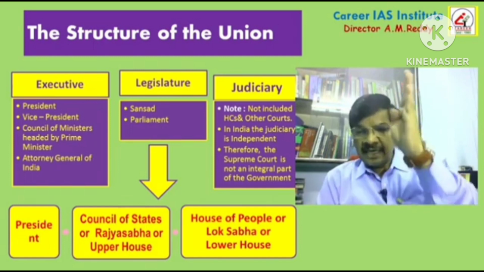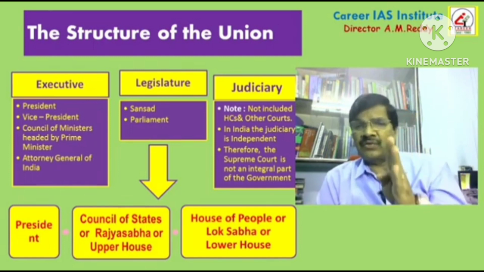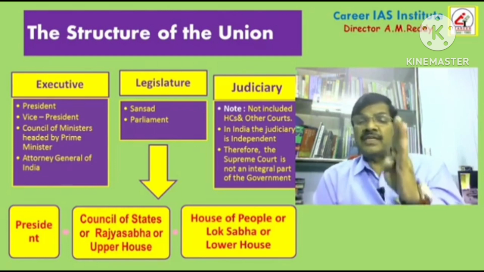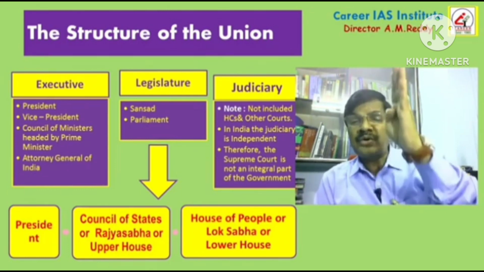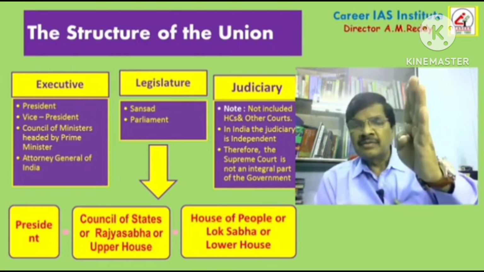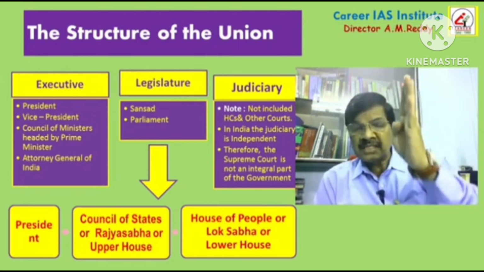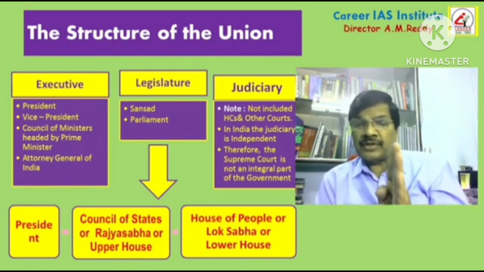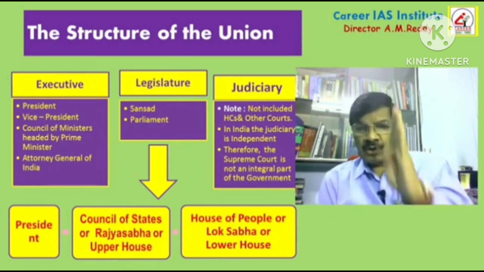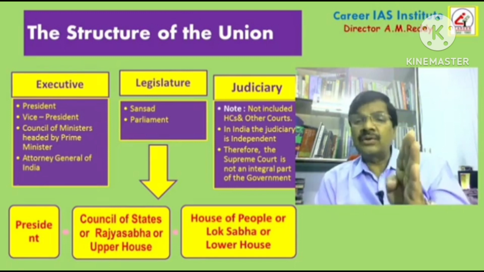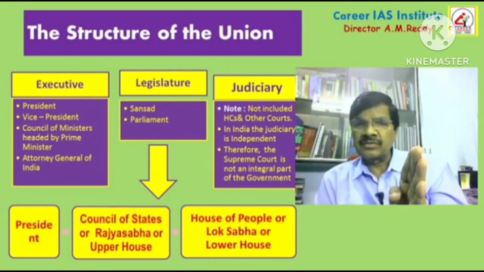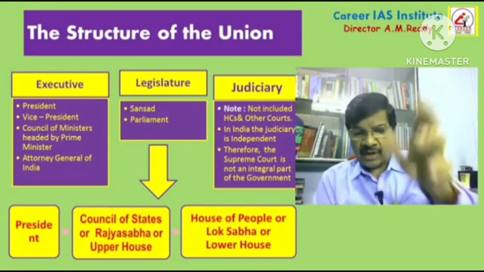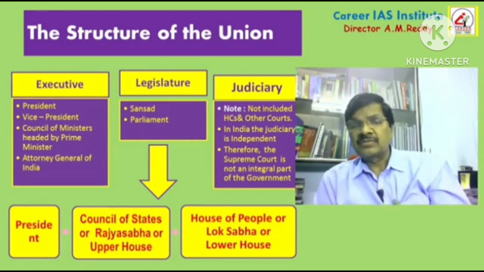Articles 124 to 147 exclusively deal with the provisions relating to the Supreme Court only. So, this part does not cover the provisions relating to High Courts and other courts in India. So this is by and large the overall structure of the